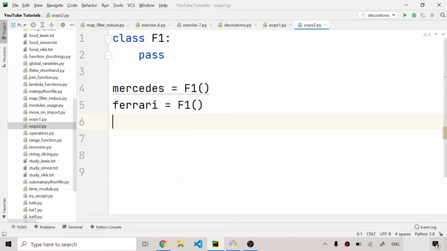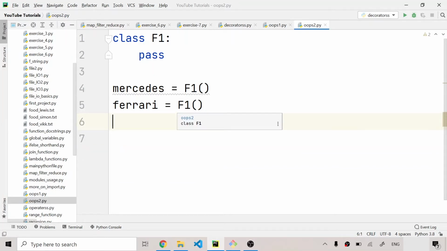Now guys, with the help of these objects we can make their instance variables. Now what are instance variables? I can make variables for this particular object, and I can make a separate variable for this Ferrari object. For example, in my previous video I also talked about a student named Ansh and a student named Sid, and they both have to write a letter to a teacher. They might use the same template, but their instance variables might be different. For example, the name of Ansh might be Ansh, the name of Siddharth might be Siddharth, the ages of the two might be different, and these kinds of variables can be different.